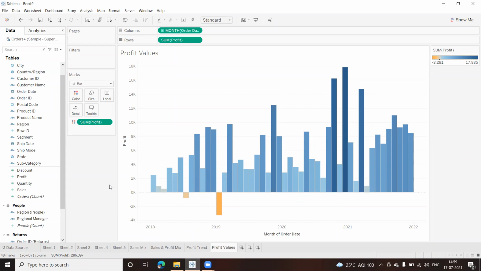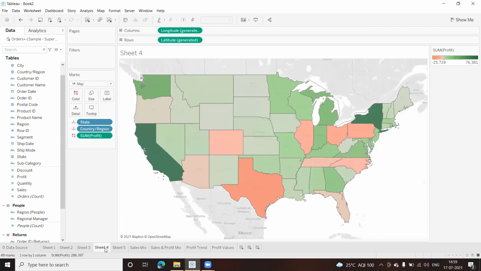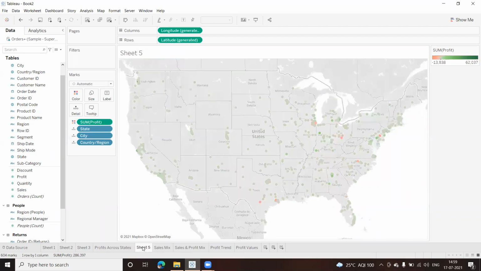Fine. Now I'll change the color combination also later on, but because I want to show you how to make a dashboard, I'm going a bit faster. Okay, and we already have these charts here. Okay, this chart is there. Let us name this chart here. So I'll say profit across the states. Okay, I'll rename this. I'll say profits across states. So I'll get to know what are the profits across the states. Okay, and the other one is the city one. So let us change this one. Yeah, I'll change this one again. I'll rename this.